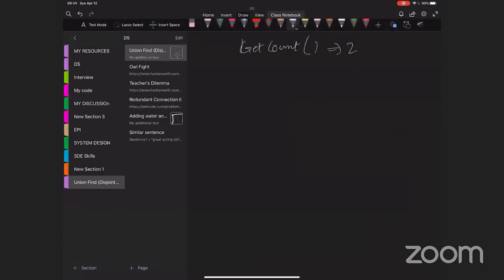Basically, as we told, in the union find data structure, basically